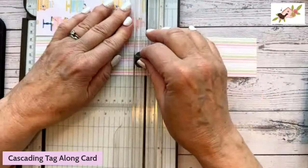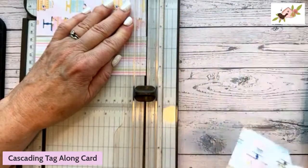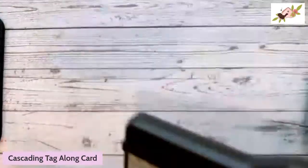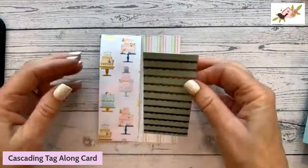I'm going to start right in the middle of that tab there and cut that piece off. I can save it for something else. So this is what we've got. Alright, now that other piece that I just had,